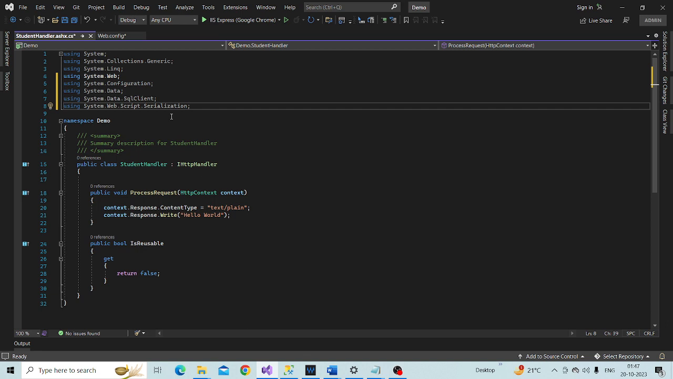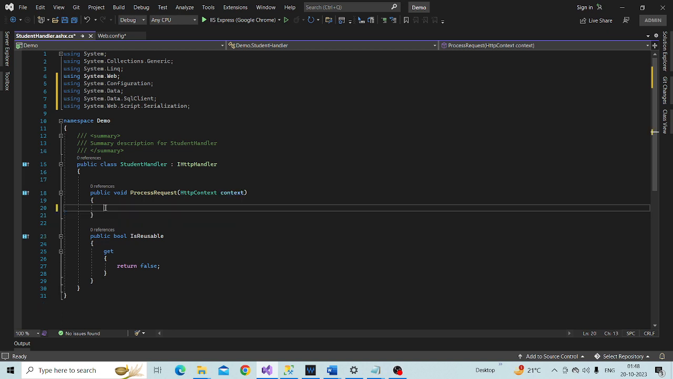All right, so the first thing that we are going to do within the ProcessRequest function is to create a variable of type string, and I am going to call this term. So first remove this from here, and type string term is equal to,